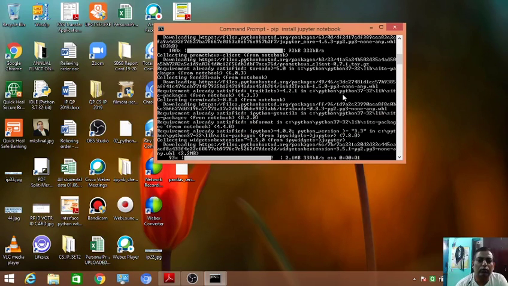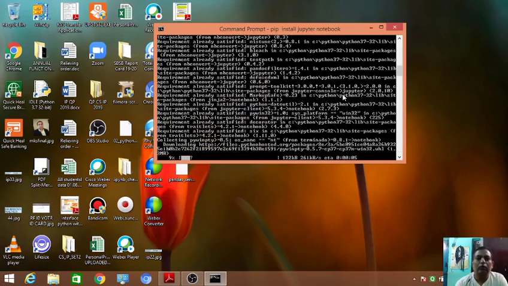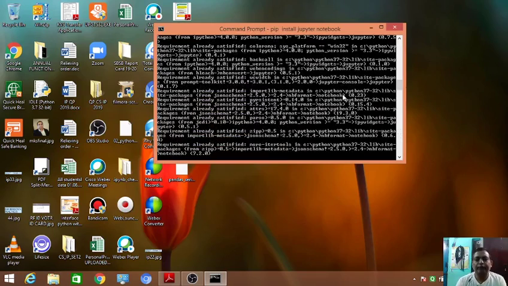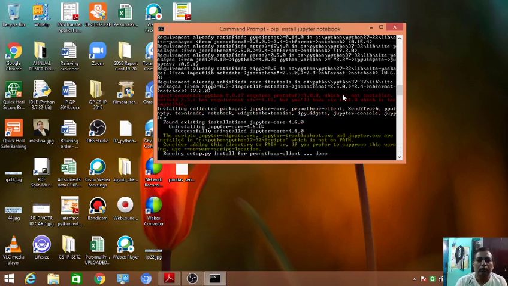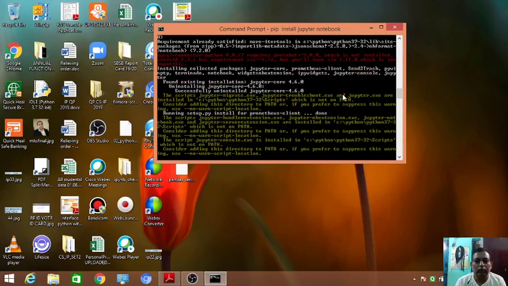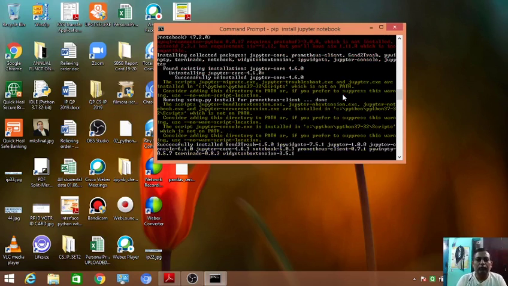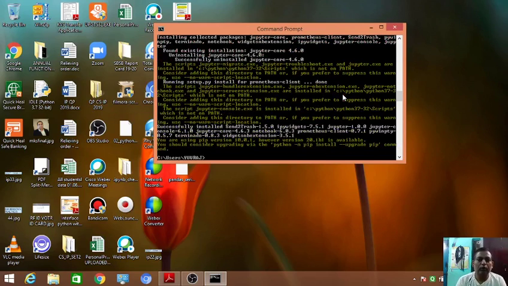This notebook runs in browser, and I think it is done now. Okay, yes, now the command prompt has come, which means the installation has been done.